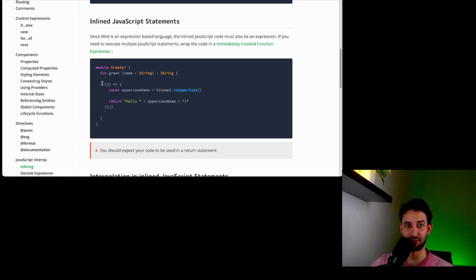I'm not sure if that's the recommended way to do things if you want to use some NPM package or so. But overall, it's great that it exists, and you have to expect there to be the possibility of runtime errors as soon as you use this kind of JavaScript. And it's actually quite an interesting concept that you will not get runtime errors if you do not use this.